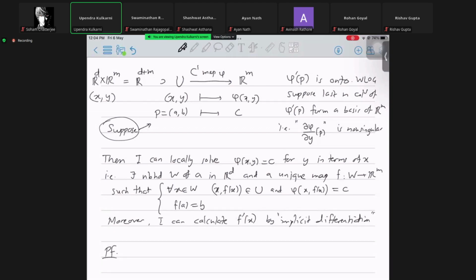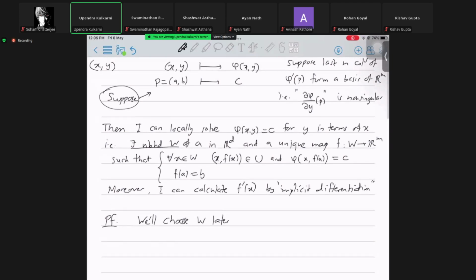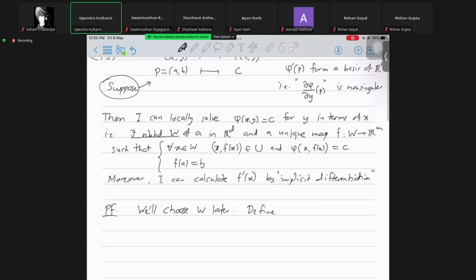And so we'll choose, remember, I have to find this neighborhood W, right? So that we will do later. Let's just first construct this auxiliary map that we saw last time. So I'm going to define this map psi as follows. So first define this map,